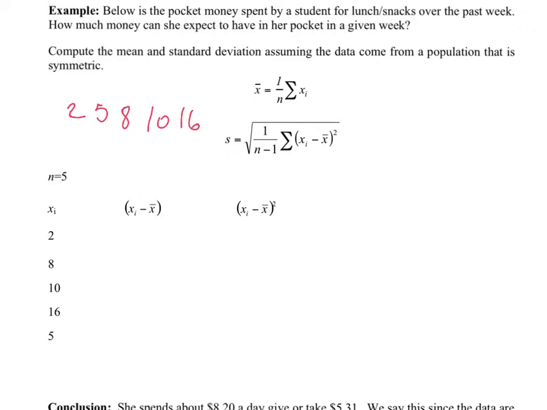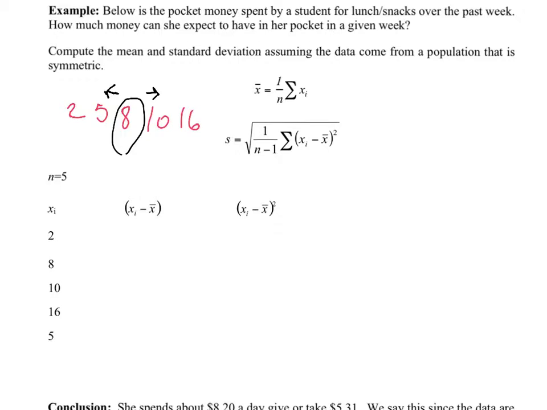Alright, so what you have is a middle value of 8, so some sort of center at 8, and then on either side of 8 there's a smaller value, and then there's a larger value,